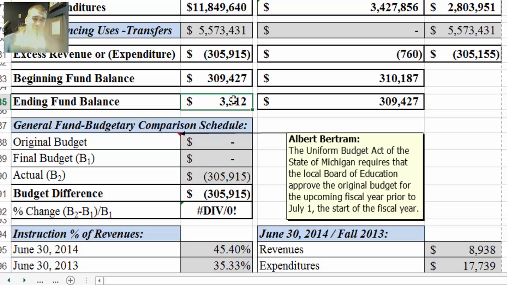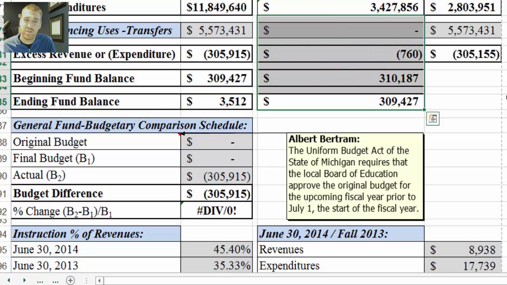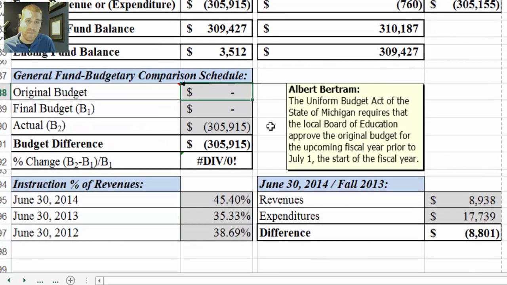So this page is a bigger breakdown of what actually happened in that little box. So this is the detail behind that. And then this is last year's information too, so this is a pretty good sheet. So then down here we have the original budget, the final budget, the actual,